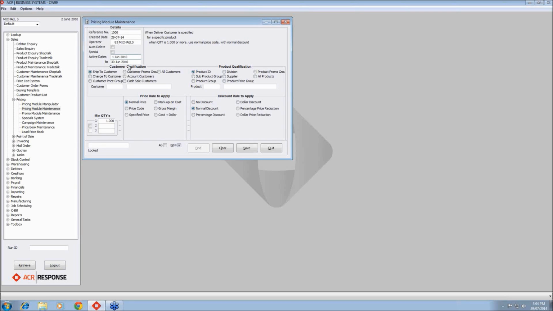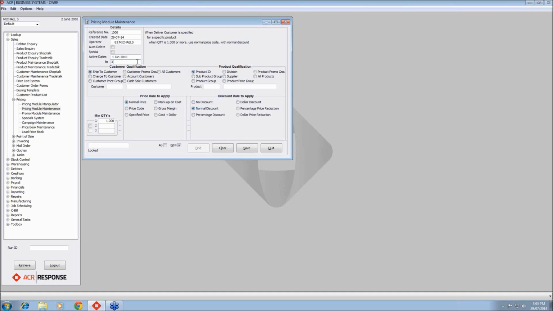The one difference in the dates with pricing modules is if you leave them blank, the pricing module will work indefinitely. It's only when you set a date on it that it will actually stop operating once that date has been reached. And with this, there's nothing